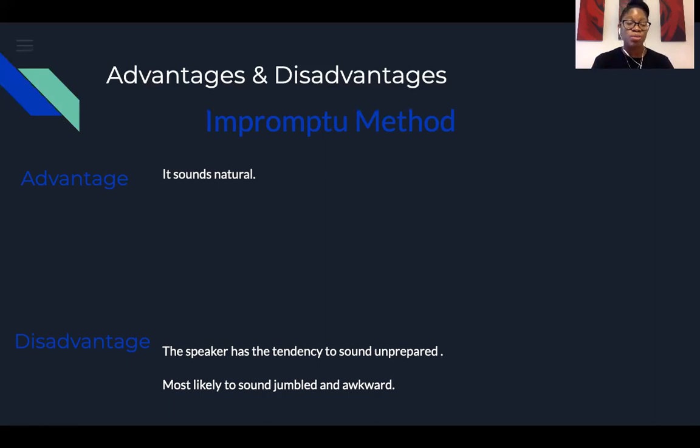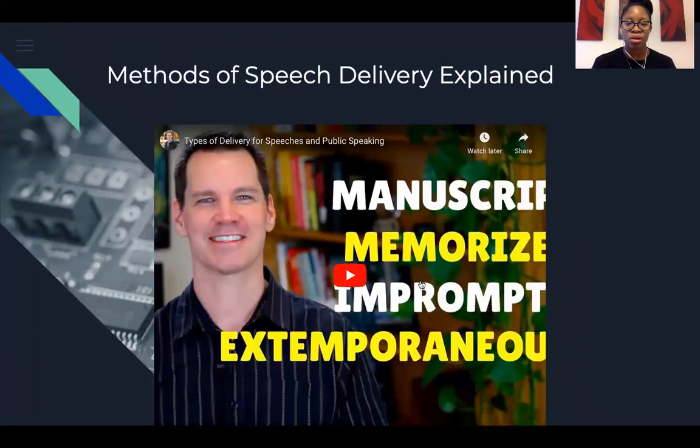But most people can connect with people that are naturally connecting again and can have some level of knowledge to share. And remember, speaking knowledgeably is one of those traits of an effective speaker. Okay. So now I'm going to take you to a video that is going to discuss the types of delivery: manuscript, memorization, impromptu, and extemporaneous. Please take notes.